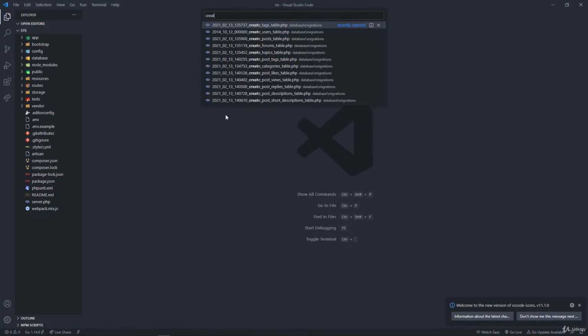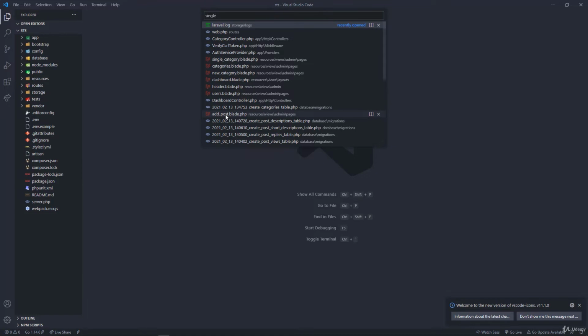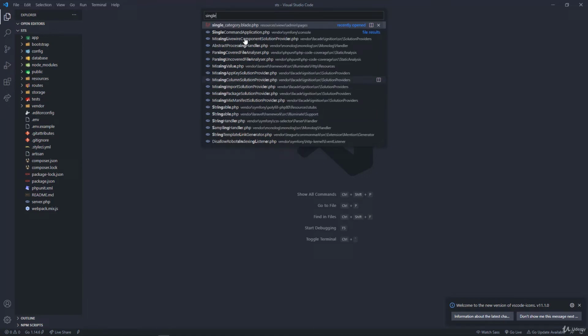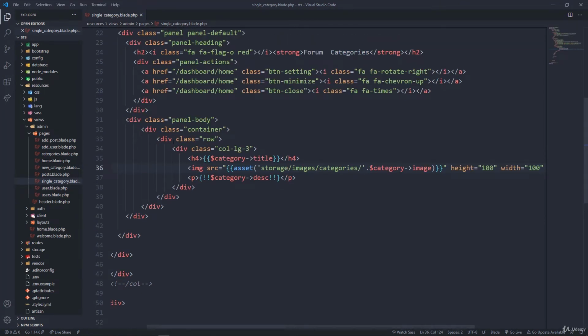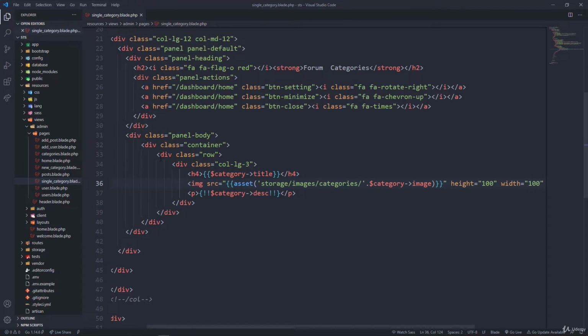Okay, I think it is something single category. Yeah, it's single category .blade.php, and this is where we listed our categories here. Now what you want to do is just make this one col-lg. We can just make it col-lg-8,